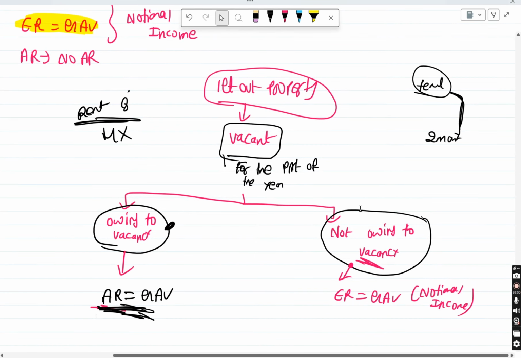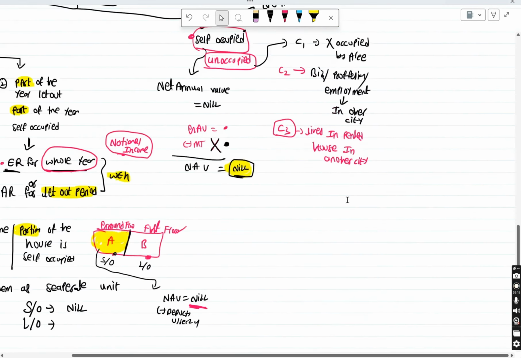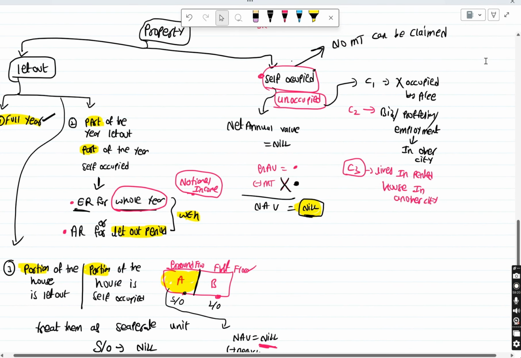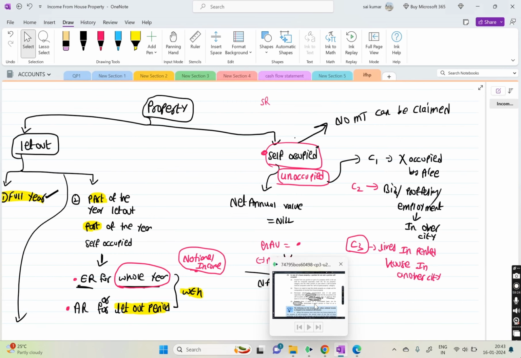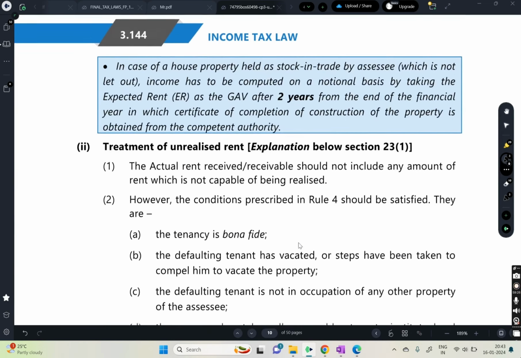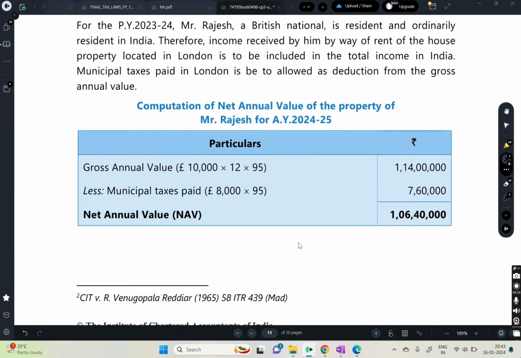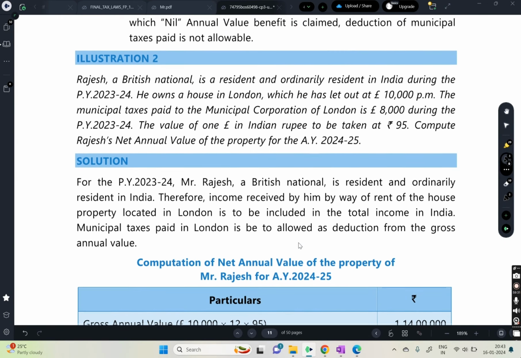That's all. We have covered this. This is pretty much the core concept of income from house property. Remaining, there is one more thing called interest on borrowed capital. That's it. Pretty much that's it. Nothing else is there. Shall we do questions now? Yes, sir. Okay. Now I'm not sure whether you are writing the notes or not. If not, you can watch the video later and then write the notes. Let's do all the questions in this one.